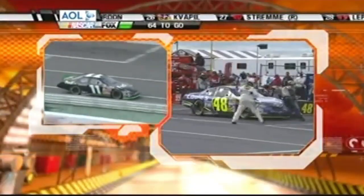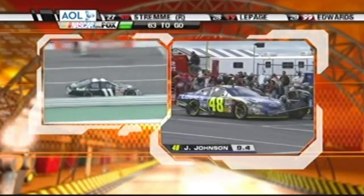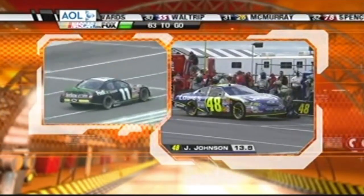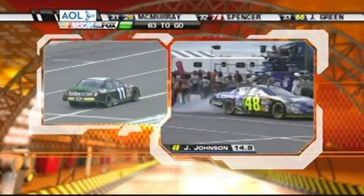Mike, they've already completed the chassis adjustment for Jimmy Johnson. His team, they've done it so many times, rebounded back from problems. They've got 63 laps to try to get over their issues. The 48 is away, while the 11, Denny Hamlin, who's led most of this race, makes his way to his